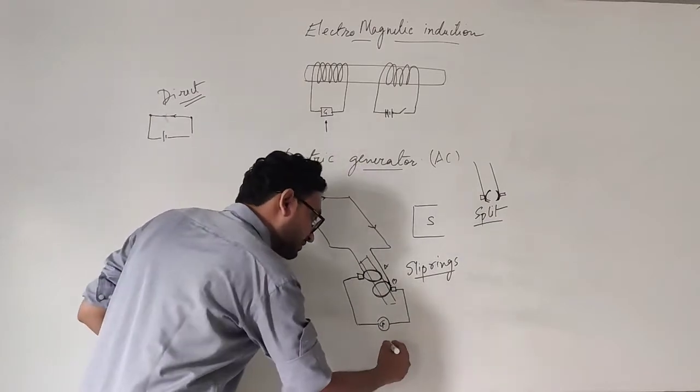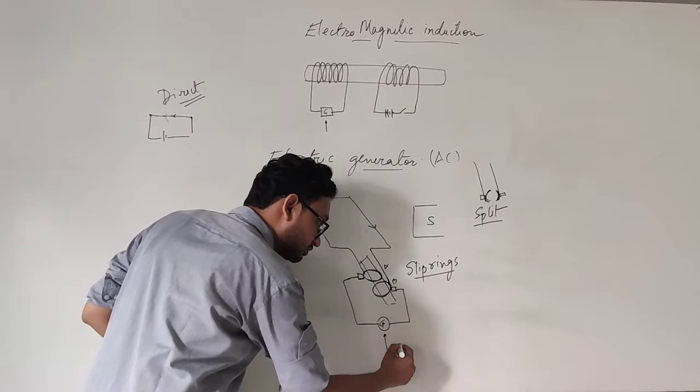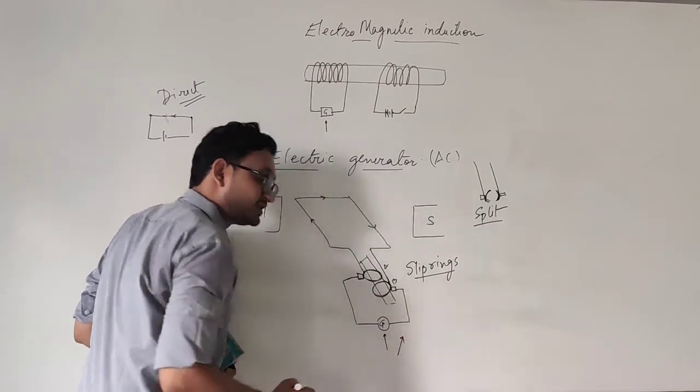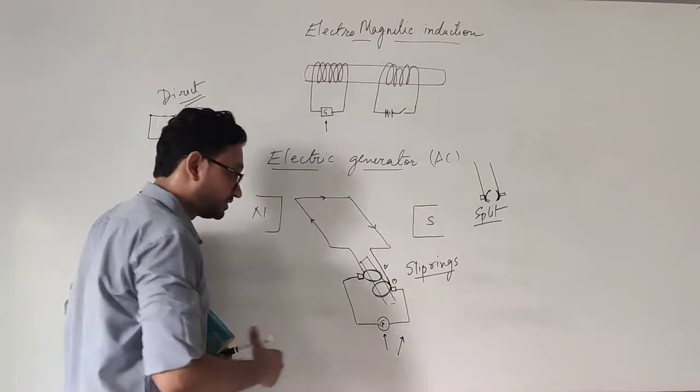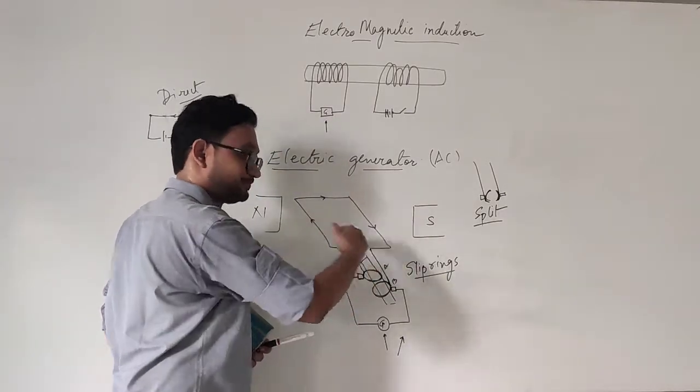So let's say the galvanometer needle is in a stationary position like this, now it goes to this position. It is moving to the other side. So the galvanometer is showing the deflection this way because the current is flowing in this direction.